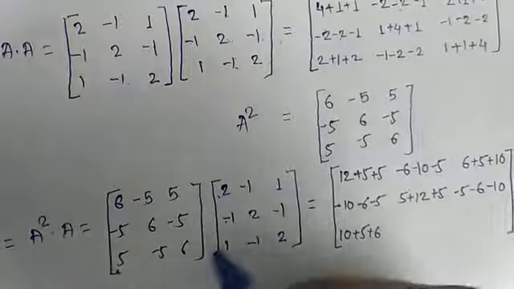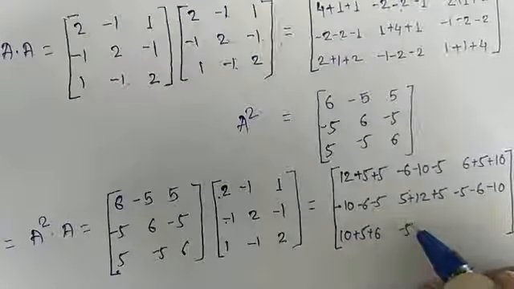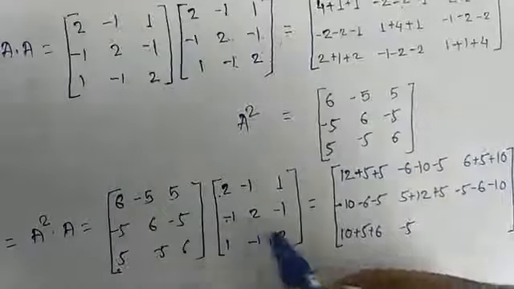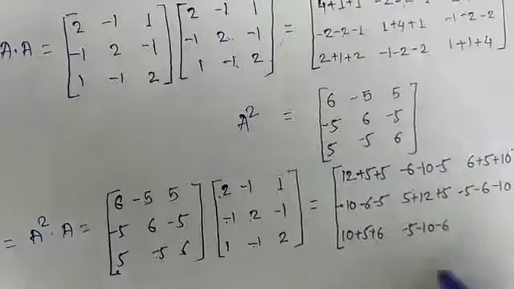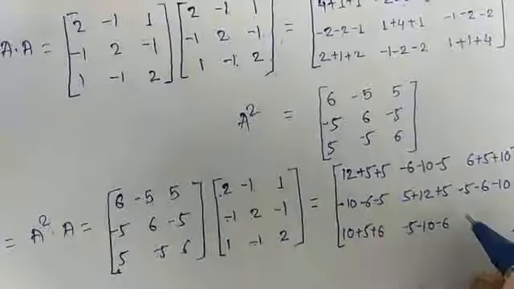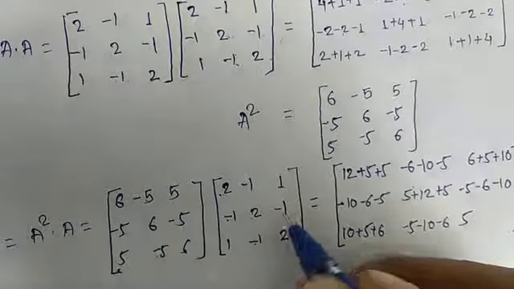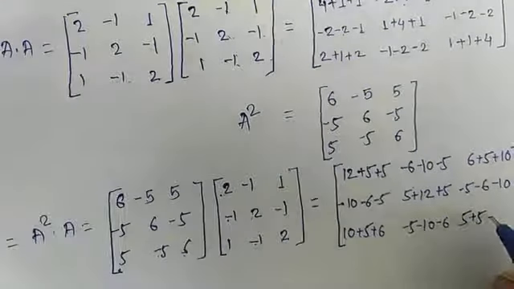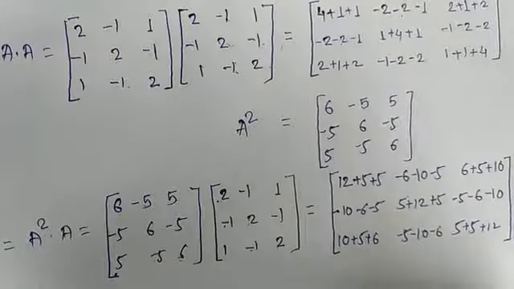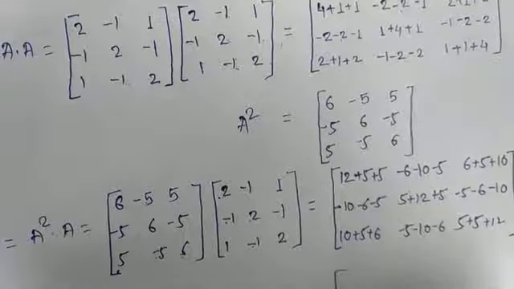Next, 5 into minus 5, 1 is minus 5, minus 5 into 2 is minus 10, 6 into minus 1 is minus 6. And last, 5 into 1 is 5, minus 5 into minus 1 is plus 5, next 6 into 2 is 12. Now this calculation is our matrix A cube, which is equal to the matrix